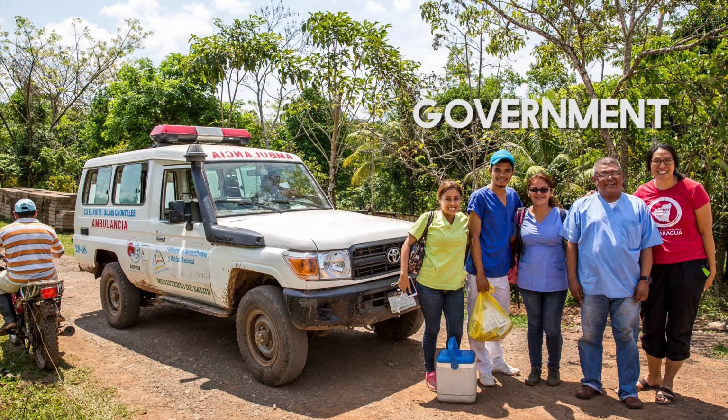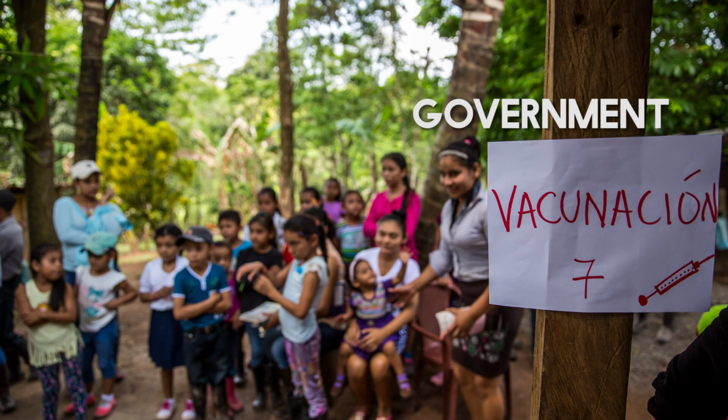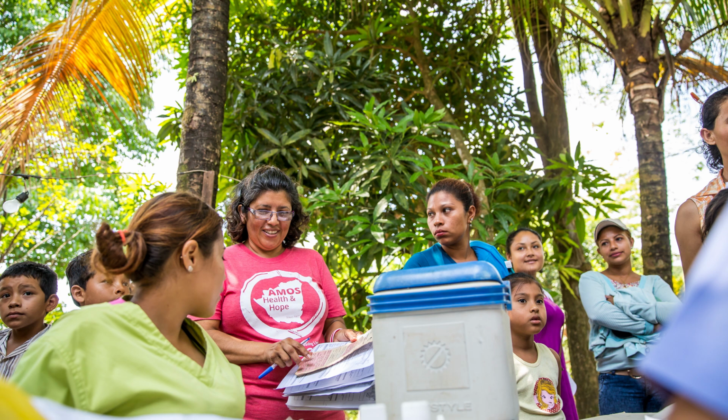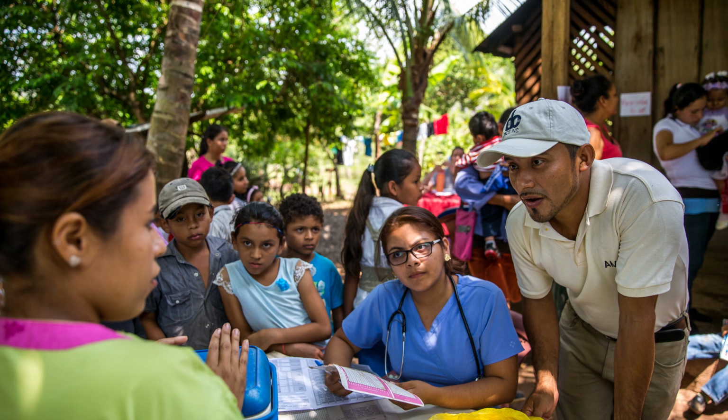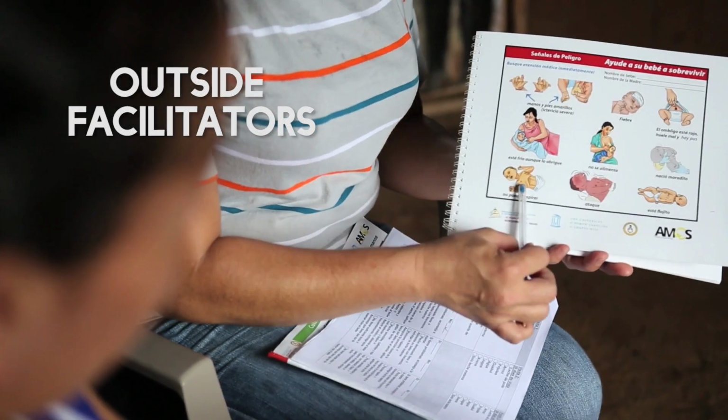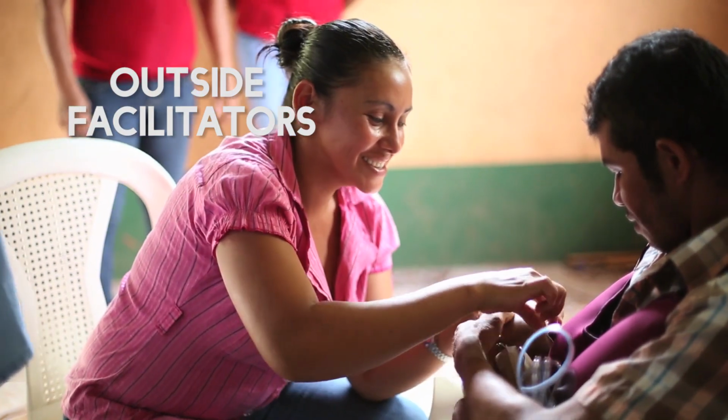Government provides top-down policy and structure for the overall health system. In Nicaragua, the Government Ministry of Health, called MINSA, has a policy of universal health care, and AMOS and other community organizations coordinate with the MINSA to extend their reach to remote areas. Finally, outside facilitators like AMOS, along with our volunteers, churches, and university partners, provide training and